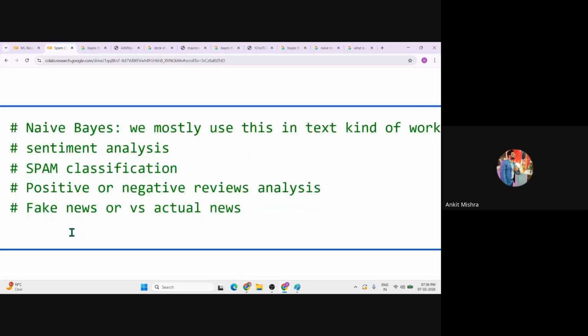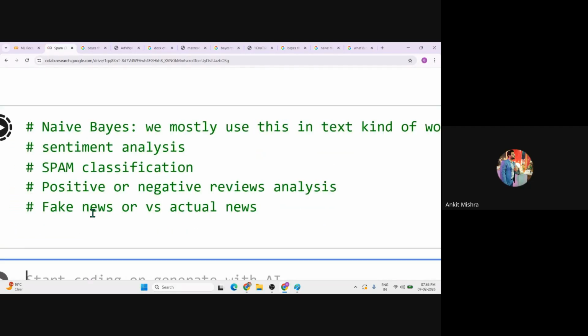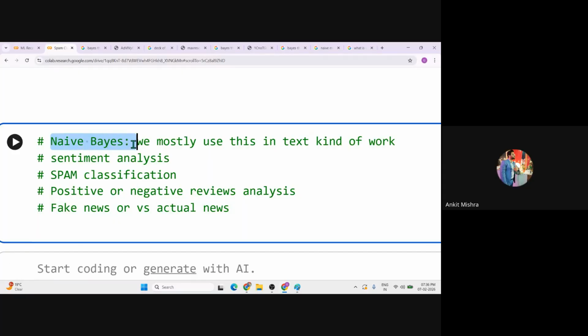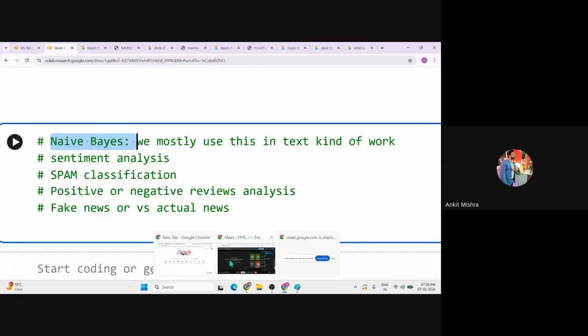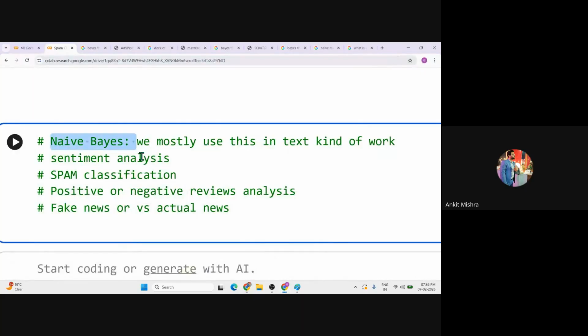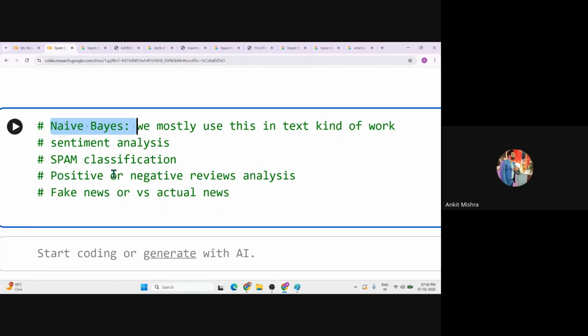If we want to perform this kind of ML classification, it's recommended to use this naive Bayes ML model. I hope everyone is getting my point. Just let me know in the message box, class, if you are getting this point. So we generally use this naive Bayes ML model when we have textual data related to sentiment problems, spam classification, and positive and negative review analysis.